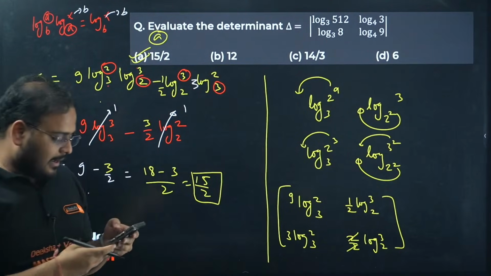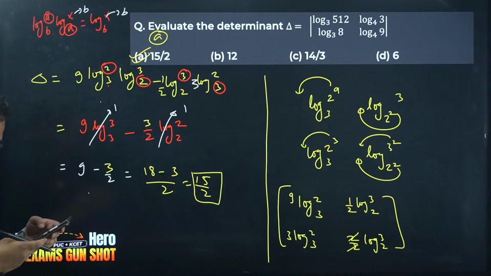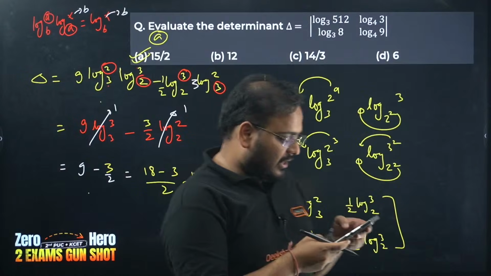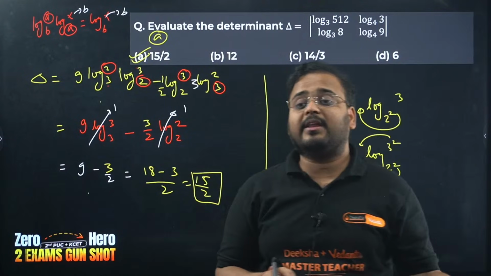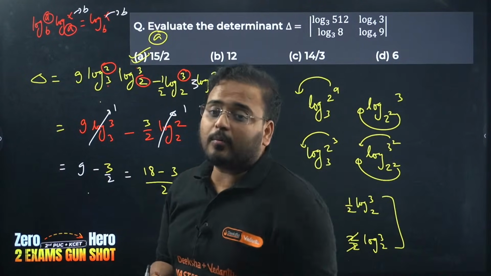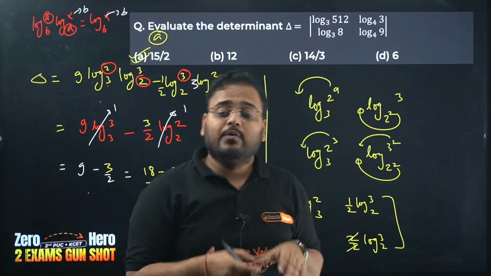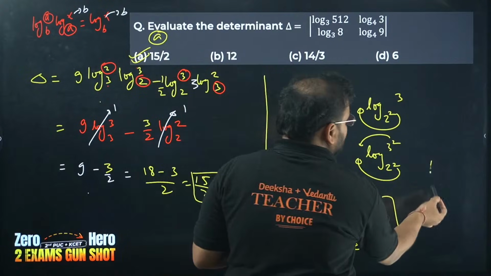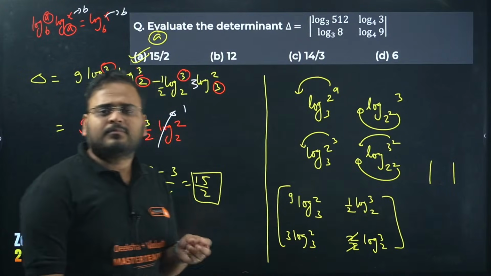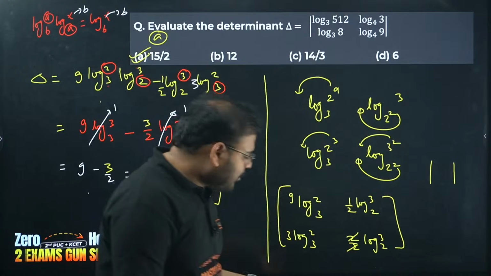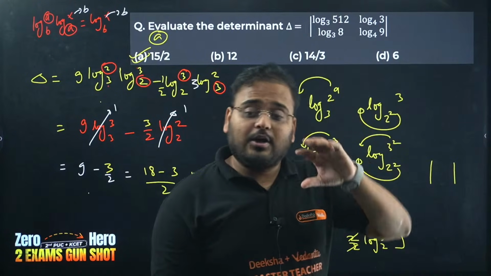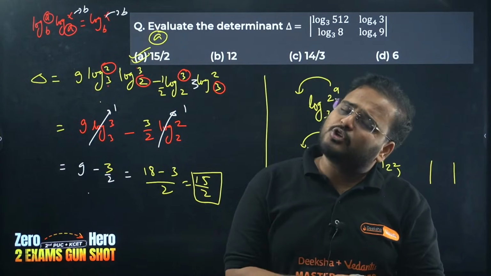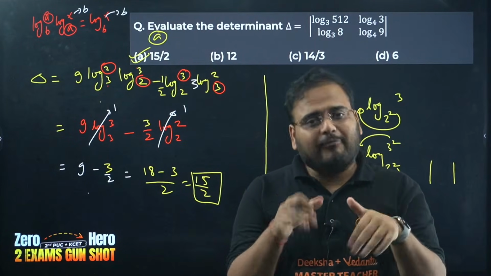Any doubt regarding any of the steps? Yes, area is 4 square units, sir. But what happens? Remember, we have talked about area in the AOI also. Whenever we talk about area, the modulus applications, we say that area is always positive. But when you're solving a determinant, can a determinant value come as negative also? Of course, sir. So go back and think: if the determinant value was negative, will you take the area also to be negative? No, you have to take the positive value.